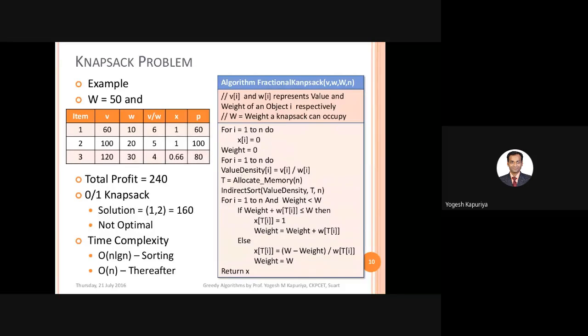Then the next step, as we have discussed, was to sort. Now, instead of a direct sorting, we'll be using indirect sorting. We'll be discussing why indirect sorting when we understand the implementation of this. But you can simply write sort as well instead of indirect sorting as over here. But indirect sorting means actually you are sorting on index. So I think first I should discuss that. It requires proper understanding.